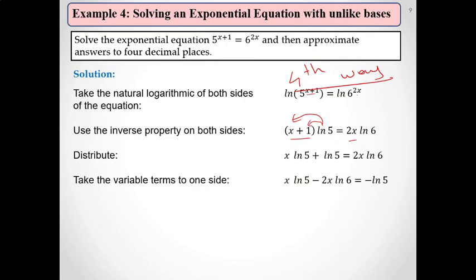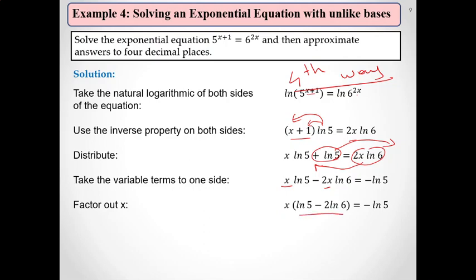Okay, what it does here is bring this one here and send this one to the other side. So then we have this common factor here, x. So it should write x times this one and divide both sides by ln 5 minus 2 ln 6. Then it will give us